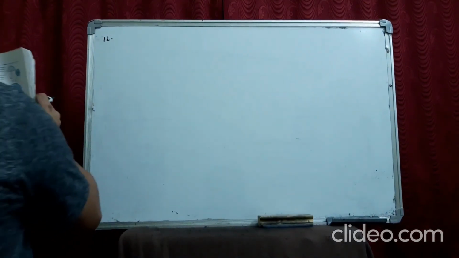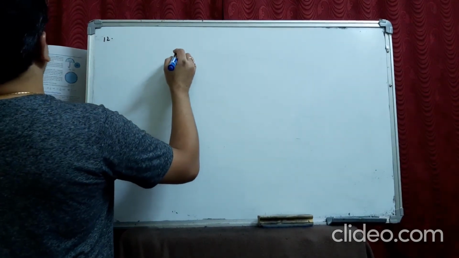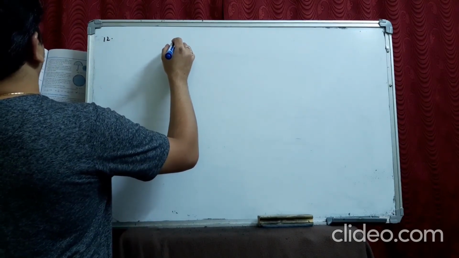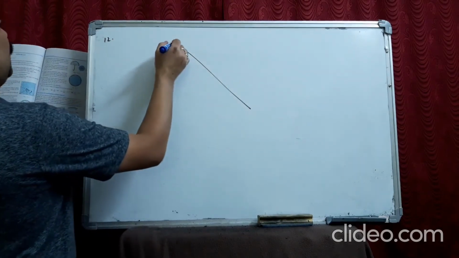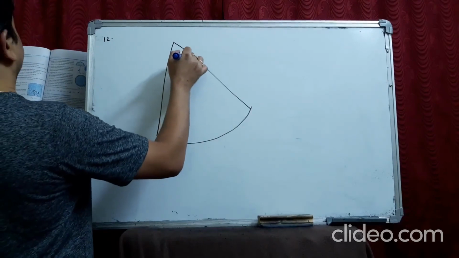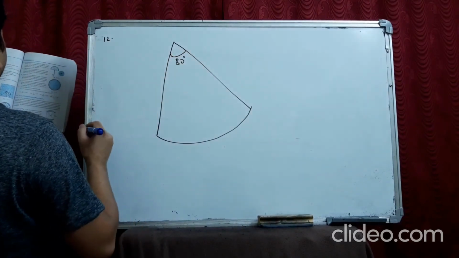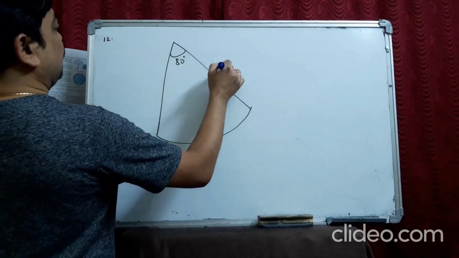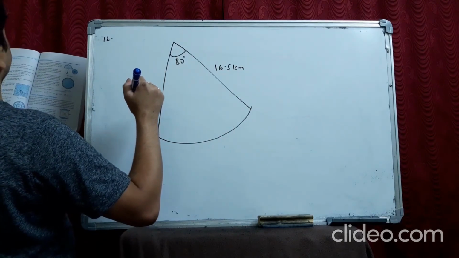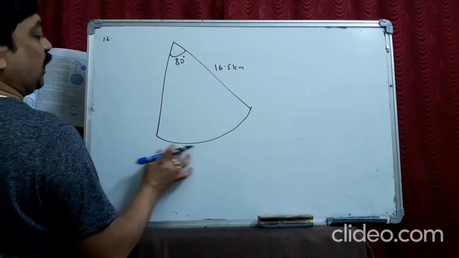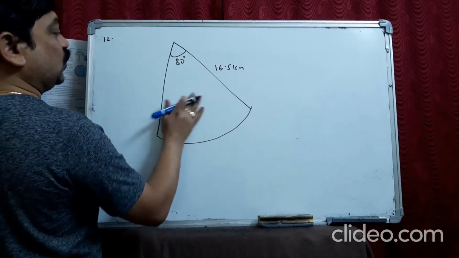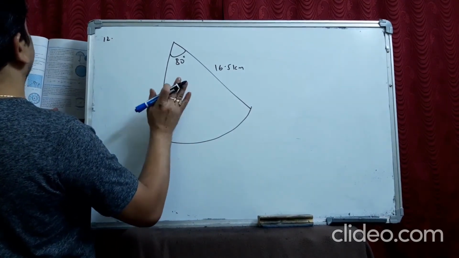Right, look here. See the 12th question. To warn ships of underwater rocks, a lighthouse spreads red color light over a sector of an angle, like this. It provides light 80 degrees here, and to a distance of 16.5 kilometer. Find the area of the sea over which the ships are warned. So this part of the area will be covered by this light. So you have to find out the area of this part.